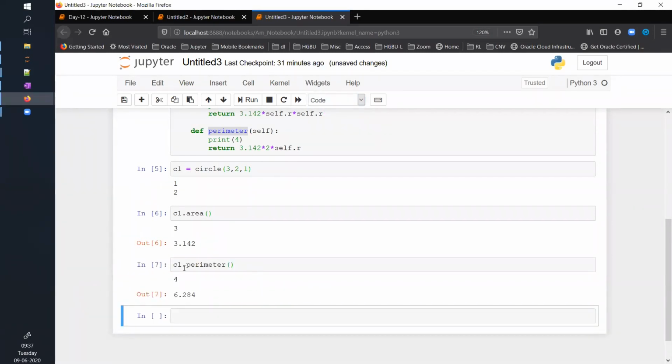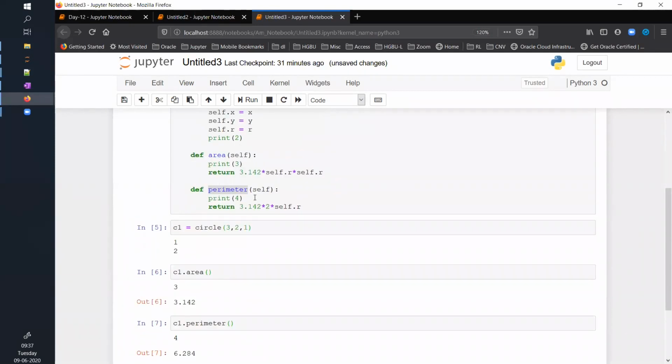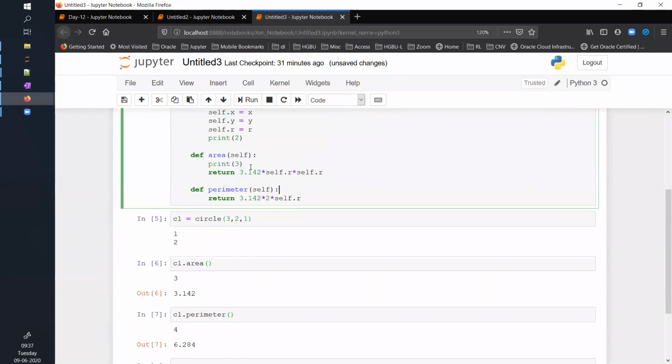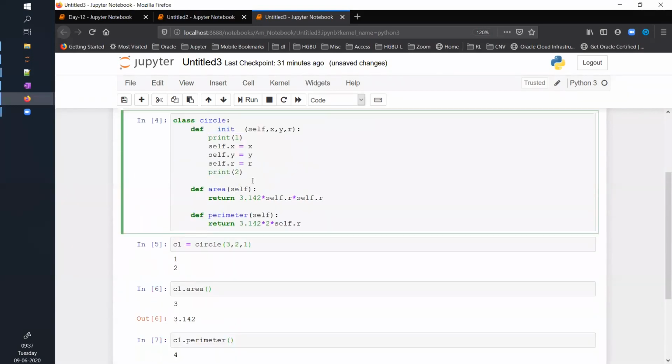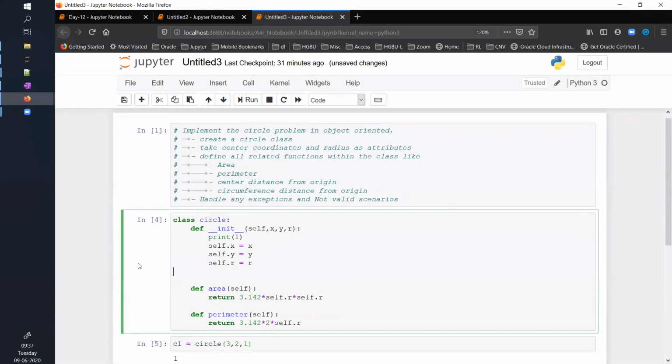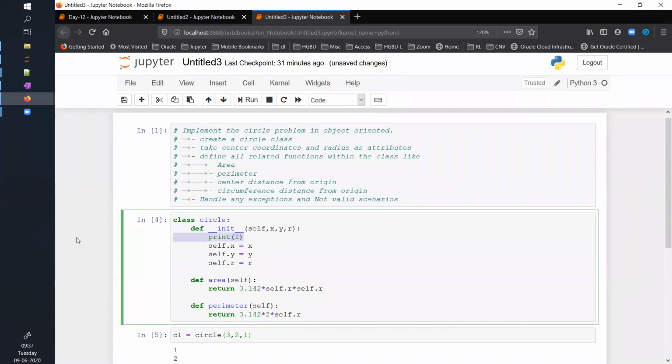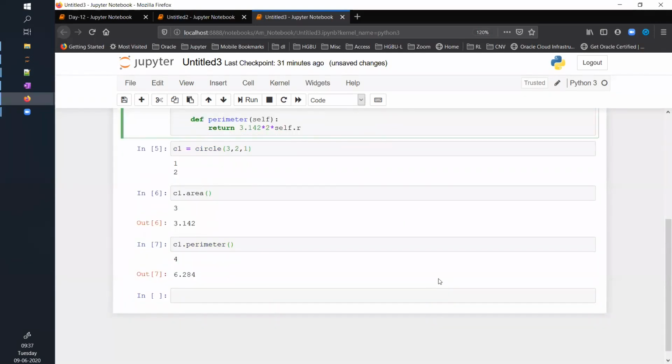Why am I getting 2 values? Okay, this 4 and everything is getting printed. That's fine. So you are getting the idea, right? Yes, sir. So this is how a class works in Python.